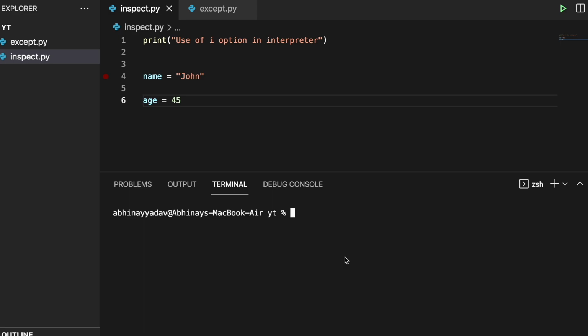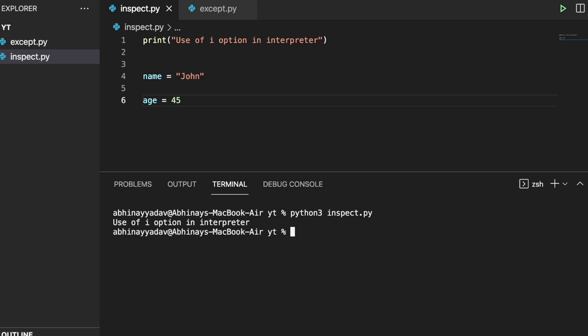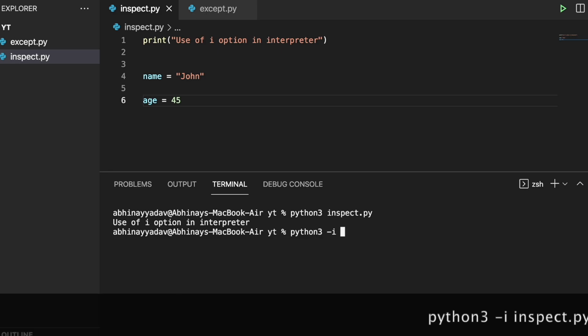Today I'm going to talk about the interactive mode that is provided by Python. If we want to run a file or Python script, we can run it by simply calling it. But here, as soon as we exit the script, we exit from the program. But suppose we want to inspect some global variables, we can just type python3 -i and then the name of